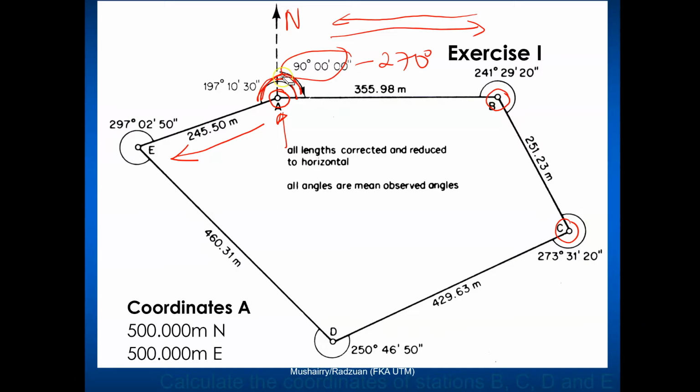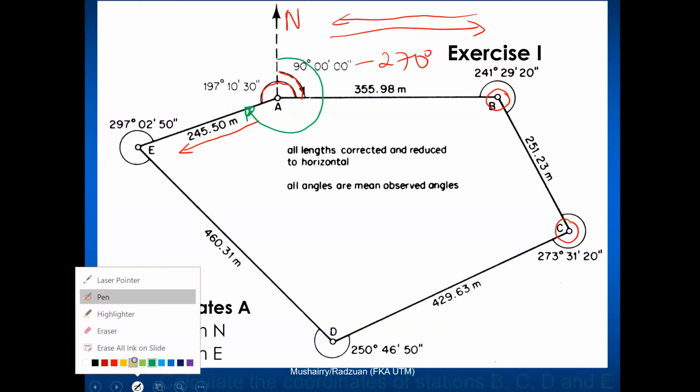Let me just erase that for now. Okay, we have the angle 90 degrees. We have that angle 197°10'30". So we want that bearing, which means that we require that angle. So all we need to determine now is what that angle is.